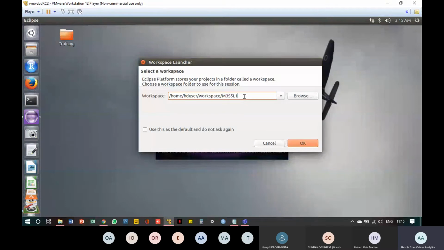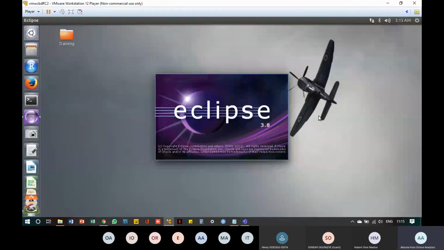We just want to follow the book, right? So what we want to do now is choose a workspace for our folder. We're choosing workspace home in HD user, in home, workspace in HD user, and this particular workspace. This particular workspace we'll be using for our project today. So let's click OK, which tells us that you've created a new workspace.